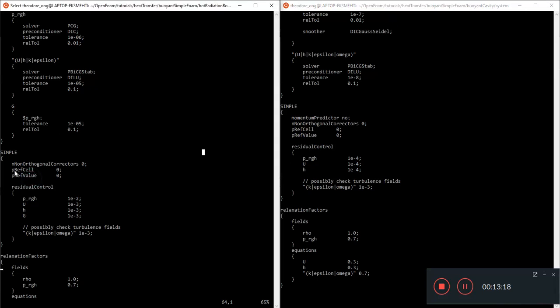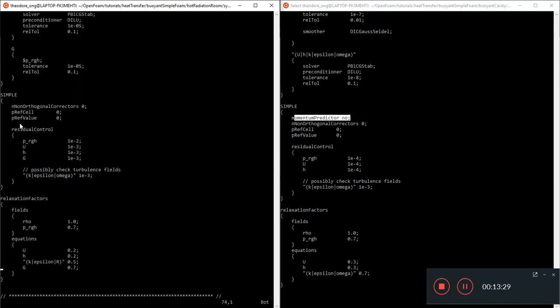Okay, there's some residual control and non-orthogonal characters. They are there for both sides. And here there's an extra that says momentum predictor no. Okay, so P ref cell 0, P ref cell 0, P ref value 0, P ref value 0. Now again in the residual controls here,